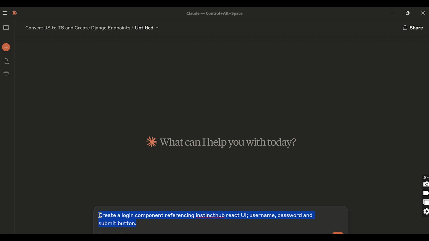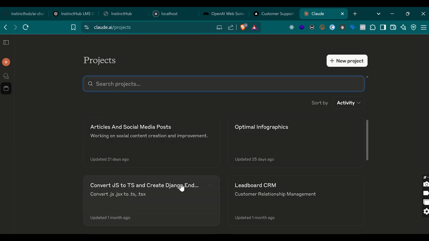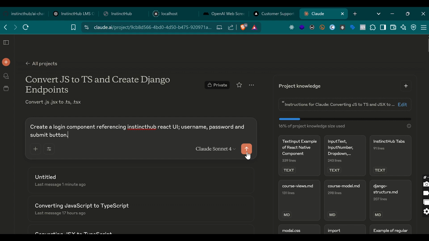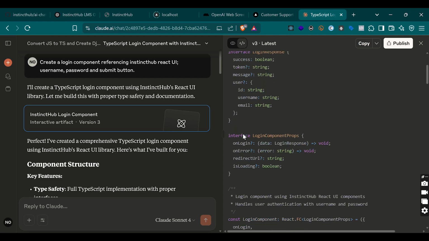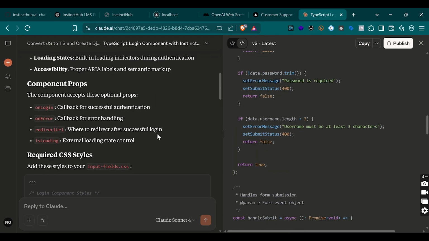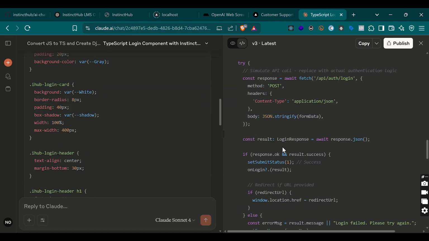fine. So on the web version, I'm just going to locate my project. The project I'm looking for should be this one. I'm just going to paste the same thing and we're going to search. So hopefully this should work. All right, so we have our prompt and solution being generated. Looking at what we have here, you see that it generated TypeScript and also gave us a little explanation, and it also gave us CSS that we can add just to have a very unique